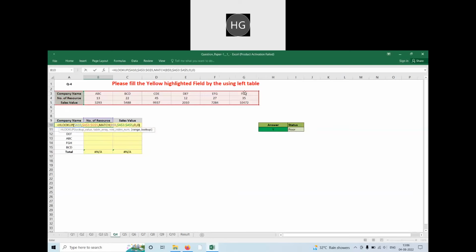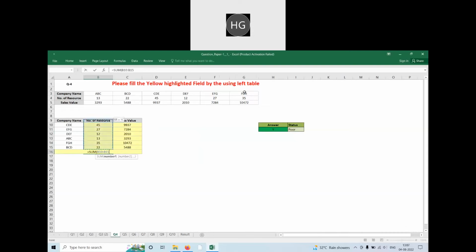Control R. So in this way equals SUM, Control R. So in this way we can get the answer. Now go to the next question.